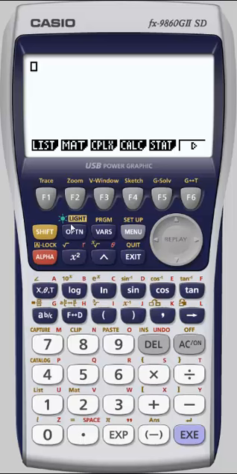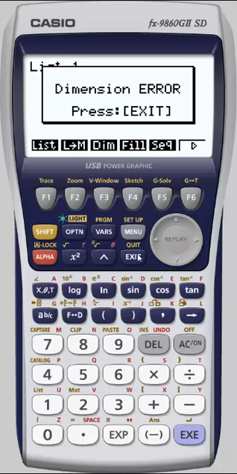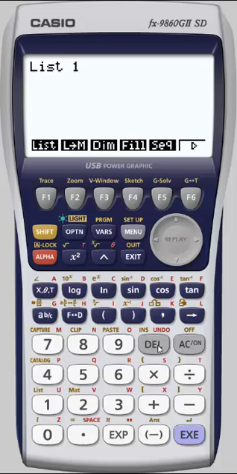Now once we're in option, I'm going to start by looking at the list menu. We have the list keyword right here, so if you want to refer to list 1, list 2, list 3, etc., you're going to need that. So I can just press that, and list 1 refers to list 1. Because I've not entered anything, it's going to give me a dimension error, but that's how you would reference it. This will convert from a list to a matrix. The dimension of a list, fill a list with a set value. This is a really nice one for generating a list. The sequence command, I'll show you that.